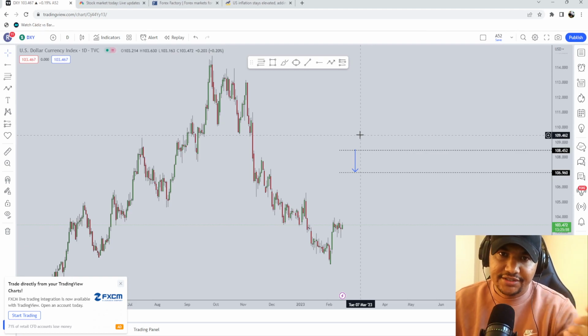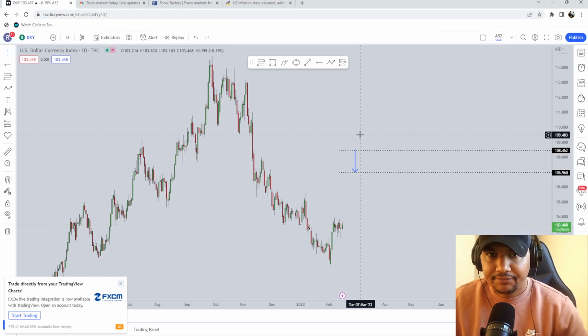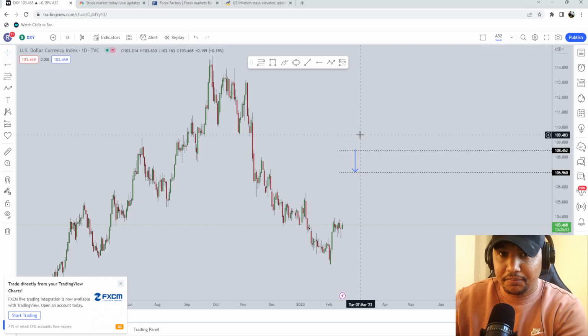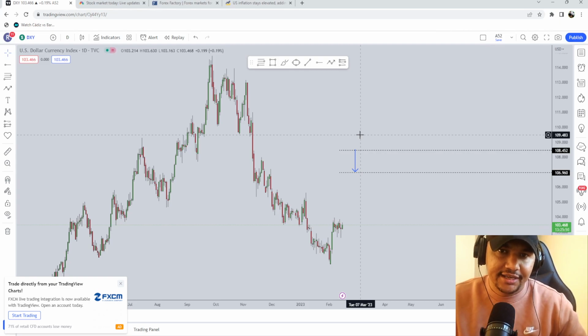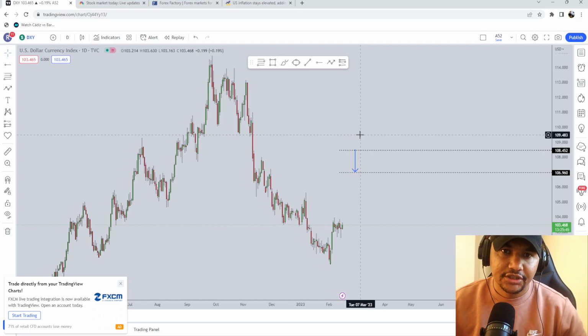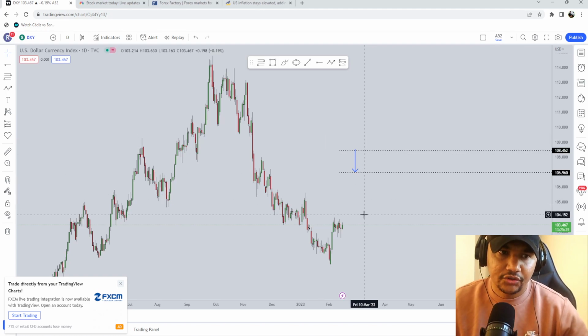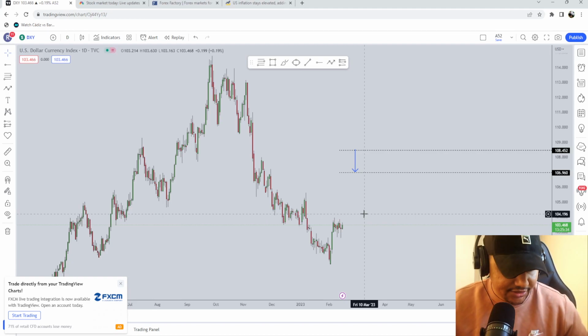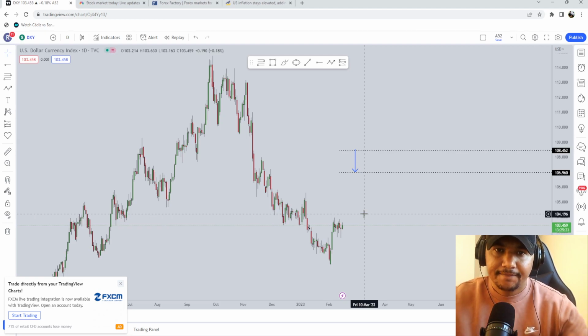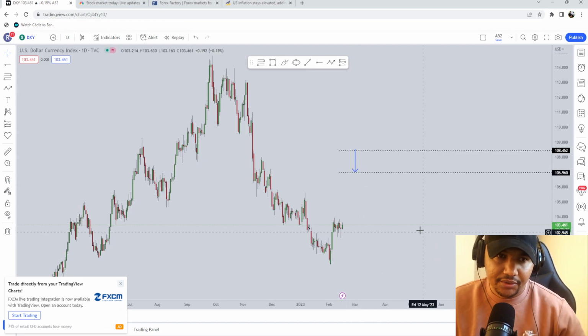So they would rather go and invest in gold, precious metals, because we know that gold is priced in dollars, and there's a negative correlation. So when the value of the dollar index goes down, the price of gold tends to increase, and vice versa. And you normally see investors then invest in gold, or in the stock market, because a lower CPI reading at the end of the day is good for consumers. They would in essence be paying lower interest based on the Fed's sentiment to reduce it, meaning they'll have more money to spend because they will be paying less on their repayments due to lower interest rates.